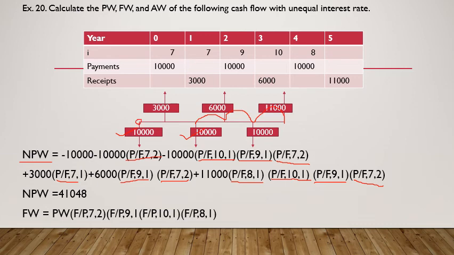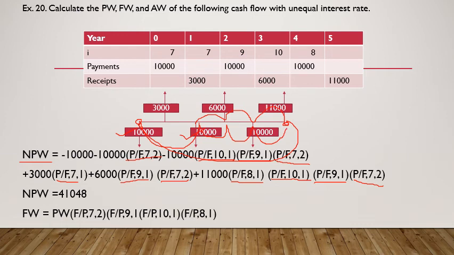Okay, first I need to convert that into t is equal to 5 at the end. I need to jump to this spot. So can I jump directly? No, I cannot jump directly because the interest rate is not uniform. So what do I do? First I jump to t is equal to 2 because the rate is 7 till 2, then to 3, then to 4, then to 5.